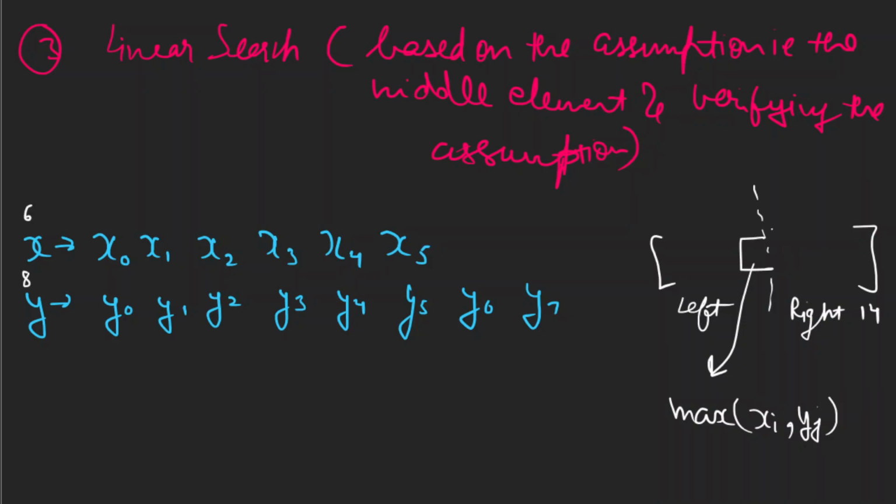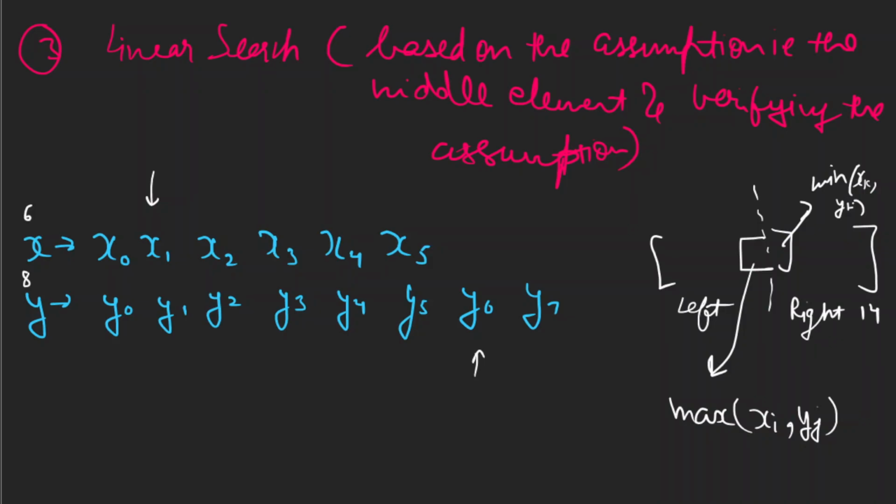And this element is going to be the minimum of an element from x, k, and an element from y, l, right? Which means that if we say that this is the partition and this is the partition,